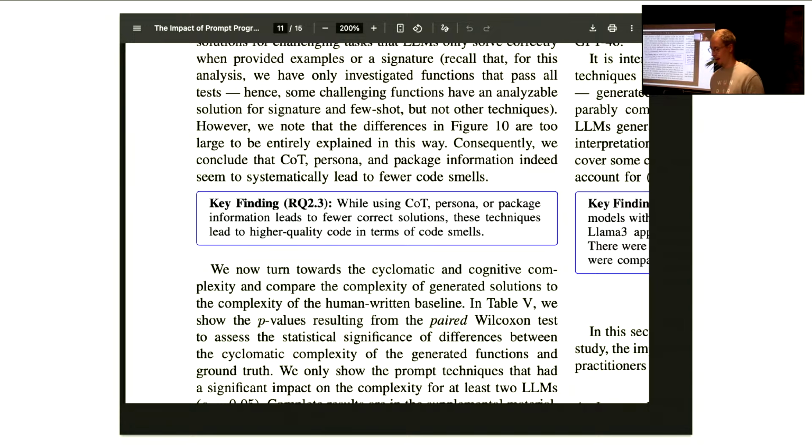So it seems to be this thing that sometimes works, sometimes doesn't work, and more importantly, sometimes feels a bit random. One caveat with these studies, so before you think all of this prompt engineering stuff doesn't make any sense: a big caveat is that they only looked at function generation. So when you're generating just a single method, they didn't look into these more complex tasks.